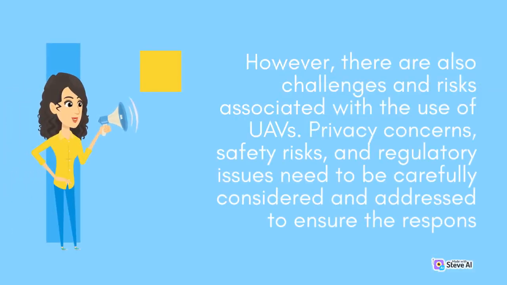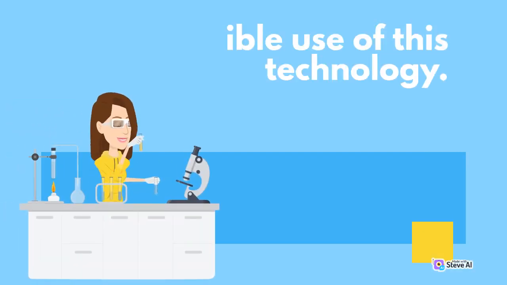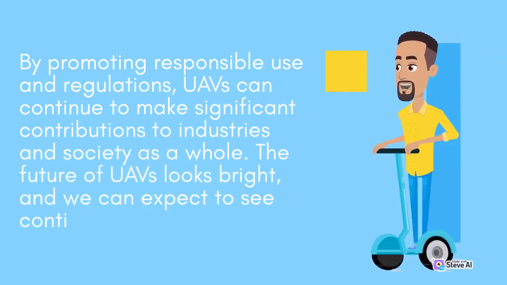However, there are also challenges and risks associated with the use of UAVs. Privacy concerns, safety risks, and regulatory issues need to be carefully considered and addressed to ensure the responsible use of this technology. By promoting responsible use and regulations, UAVs can continue to make significant contributions to industries and society as a whole. The future of UAVs looks bright, and we can expect to see